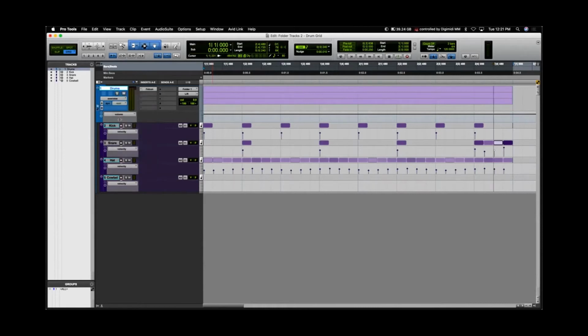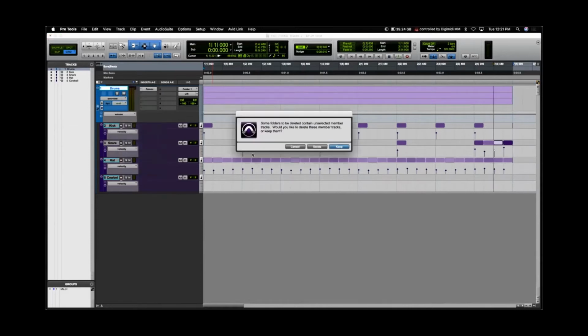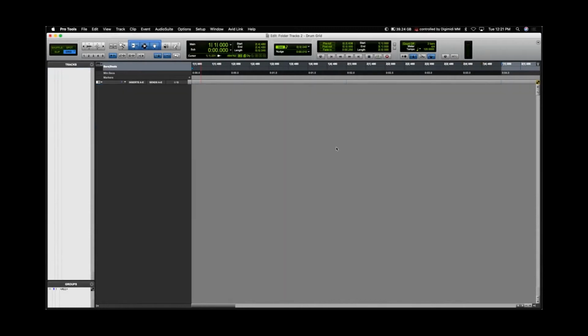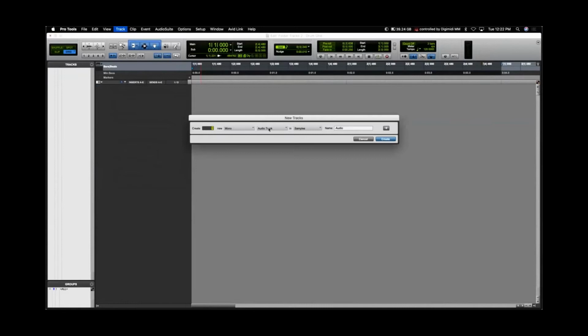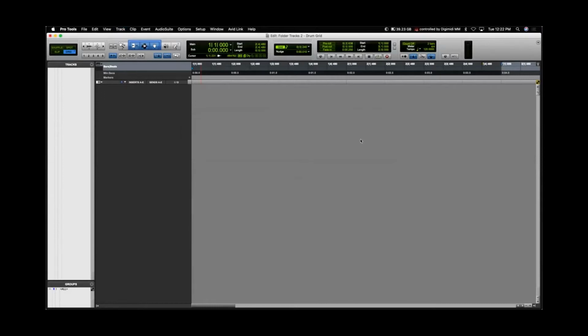So what I'm going to do is delete this real quick and just show you that I've already done that, and it's a lot more complex. So let's delete that with all of the tracks in there. Now I could either go to new track, come down here under track presets, under my presets, under drums, and do it. But here's another slick way you can bring in track presets: